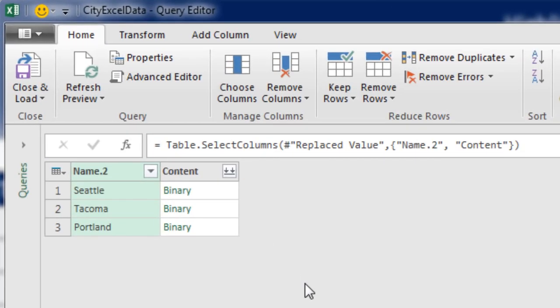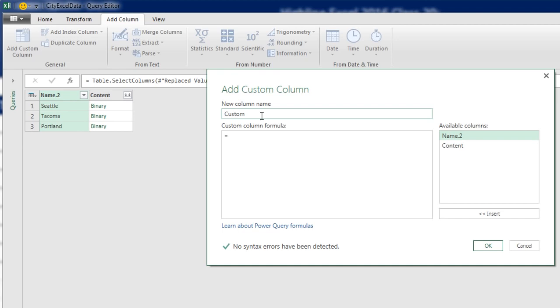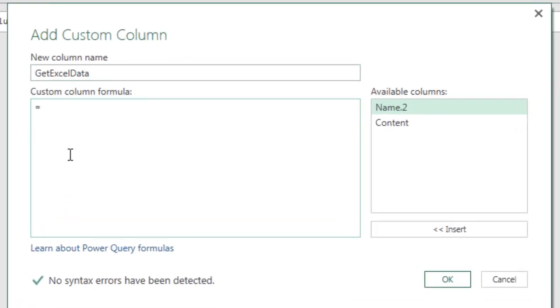Now we mentioned that the Excel file with lots of objects is much different than a text file. So that means we cannot use that double downward pointing arrow. That's if we have text files. We're actually going to have to add a new column and use the Excel.workbook function to get the right objects from this content column. So we come up to Add Columns, Add Custom Column. We're going to name this column something smart like Get Excel Data. Now I can create a custom column formula using